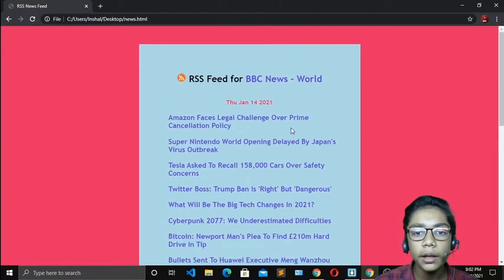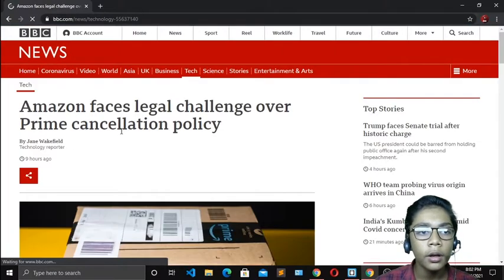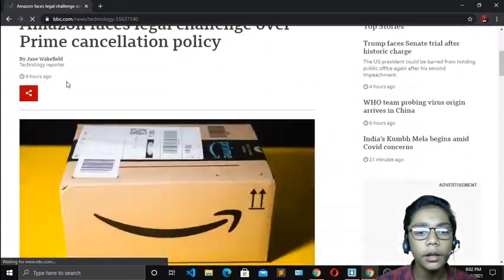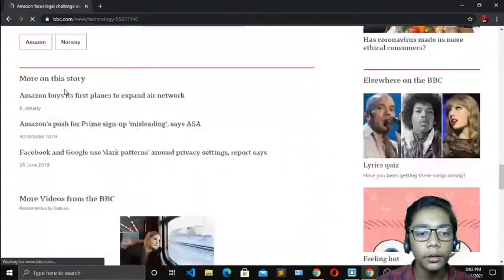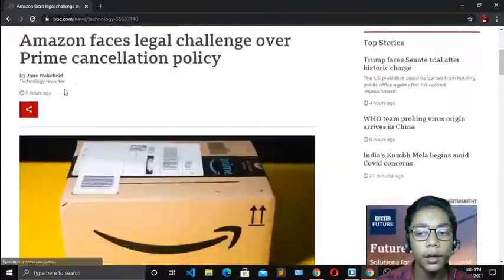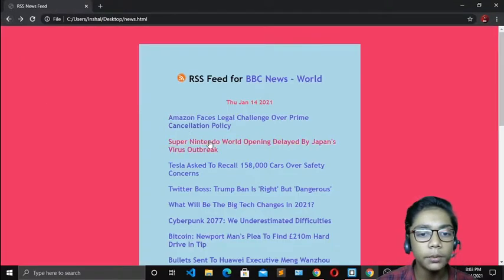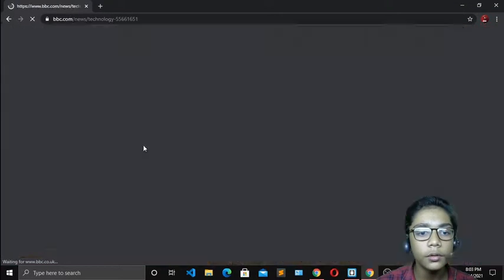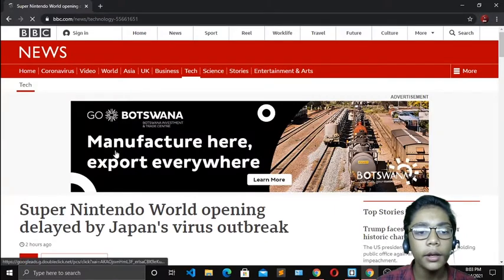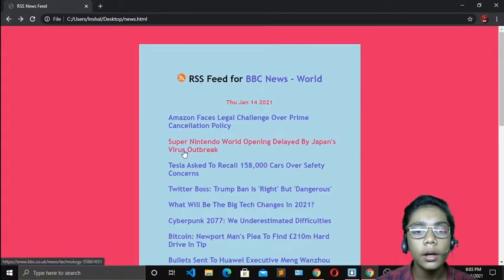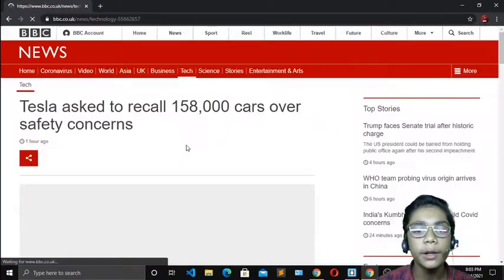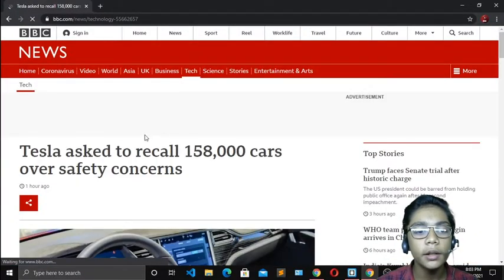Okay, so if I press any of the news over here, of BBC News, it will take us to the official website of BBC News, and over here you can see it shows the news which we wanted to see. Okay, here you can see that all the news is coming over here. Okay, so I will just press backspace, and if I press another news, over here you can see another news has come, and you can check that out over here also. Okay, and it has taken us to its official website. So I will just press this third one, and here you can see another website has come.